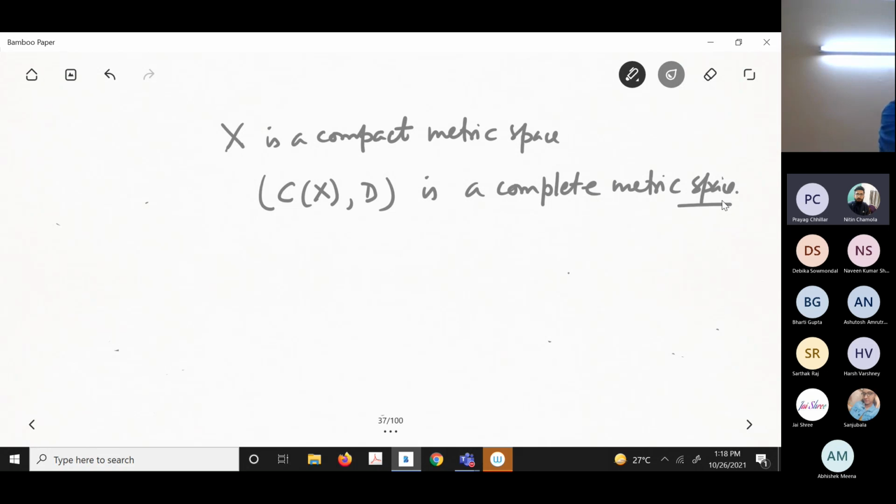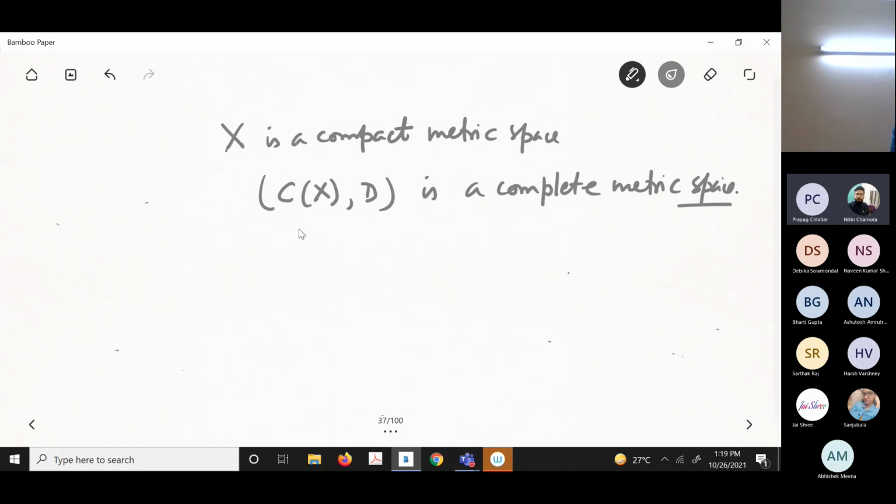Given a metric space, two problems are always there. First, whether it is a complete metric space, and secondly, what will be the compact subsets. Though we have a nice characterization of compact subsets in metric space, like the Heine-Borel theorem, why is it important? It gives a complete characterization of compact subsets of Rn. That means, if and only if it is closed and bounded. If you have a compact subset in a metric space, it has to be closed and bounded, and the Heine-Borel theorem is saying the converse is also true.